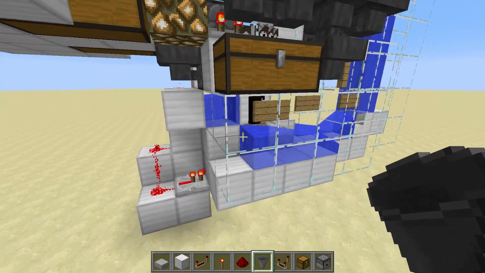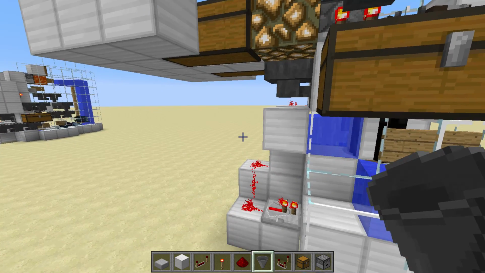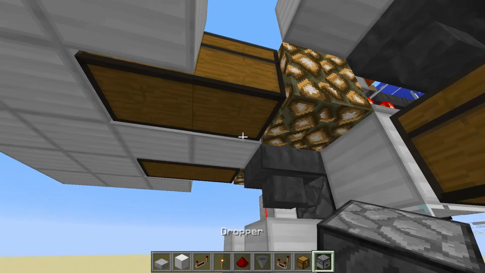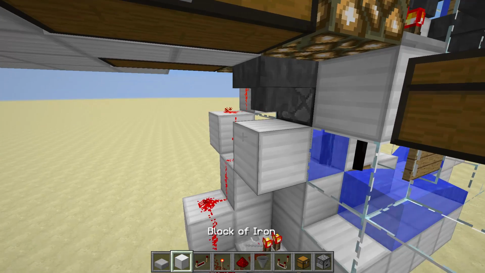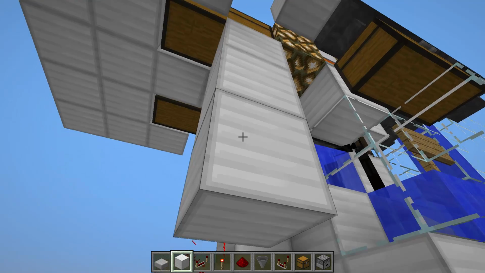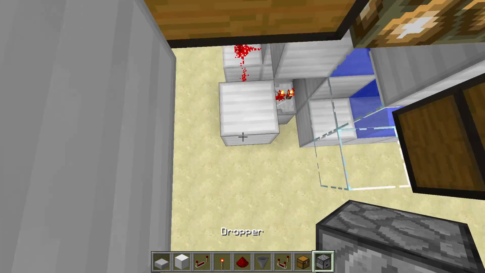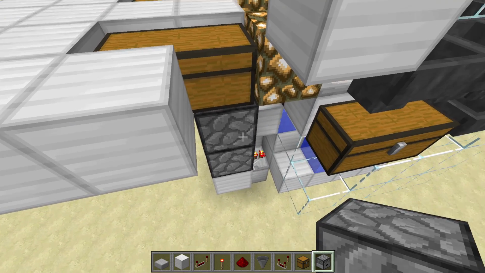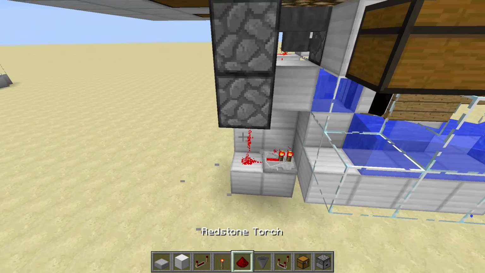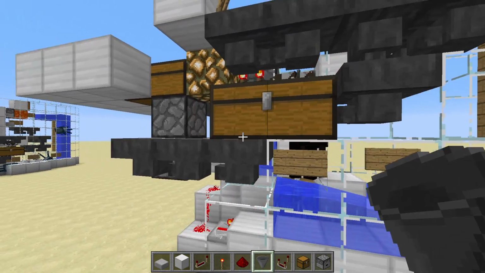Now what we need to do is we're going to be pulling the items out the bottom of the chest and bringing them around to a dropper. So we're going to come underneath this chest and actually do two droppers, and they need to be facing upwards into the chest. So just come down like that with a couple blocks so you can place the droppers facing upwards. So go ahead and do that one, and then shift click to do another one on top of that. And we'll go ahead and now bring the hopper chain directly into that dropper there,